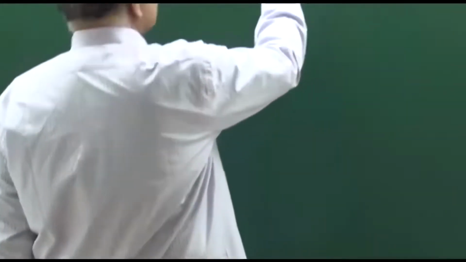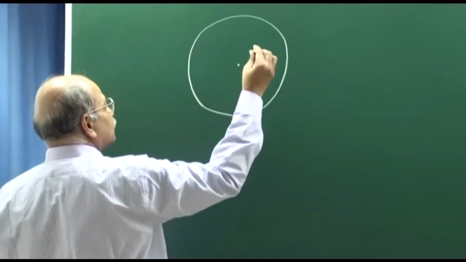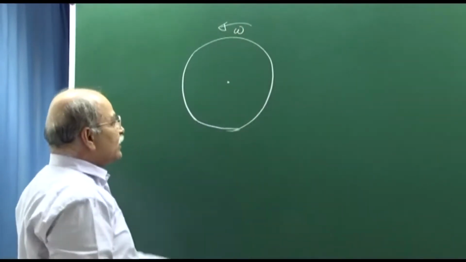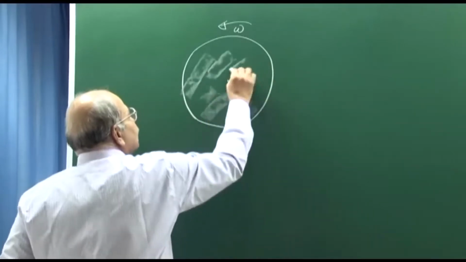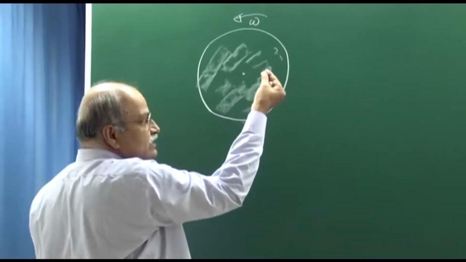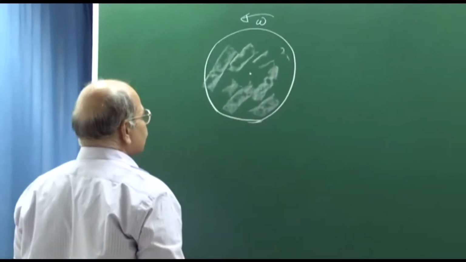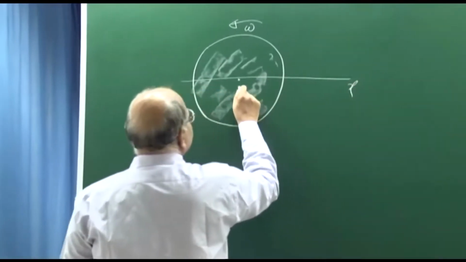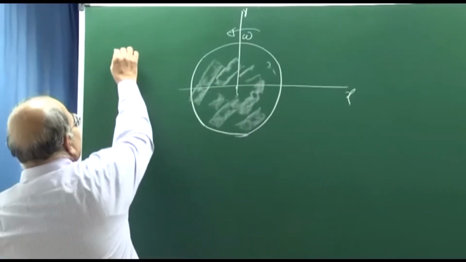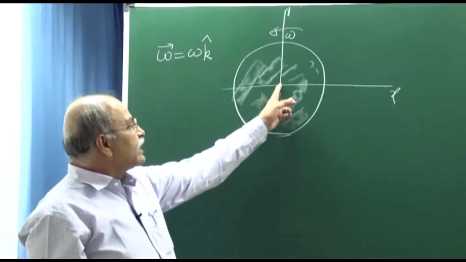So, if I draw the diagram, let us say this is that disc, and here is the axis of rotation of this disc, and it is going with some angular velocity omega. So, this whole disc is rotating in the lab frame. If it is going in anti-clockwise sense, this angular velocity vector is coming towards us perpendicular to this plane. So, this is the angular velocity vector. You can take this as x axis, then this as y axis, z axis is away from this plane. So, omega vector is omega in k cap direction,